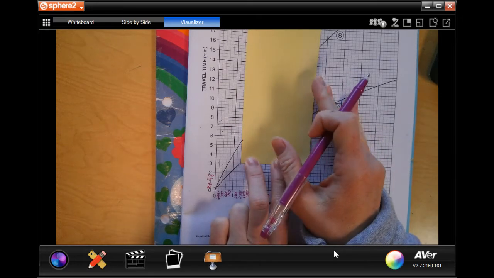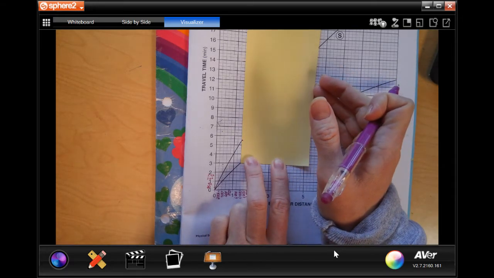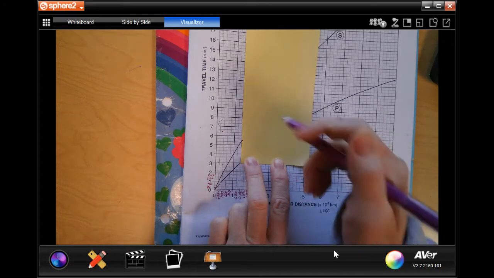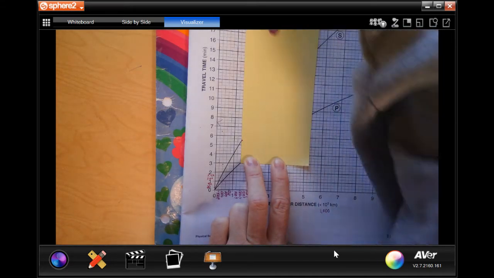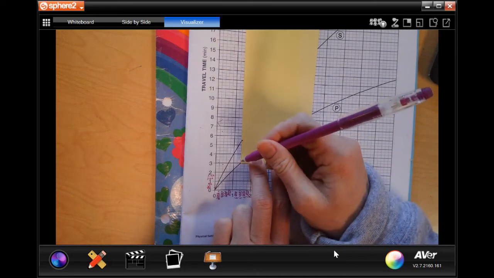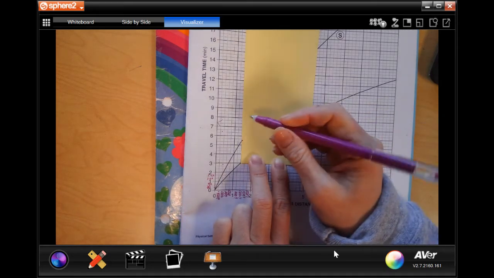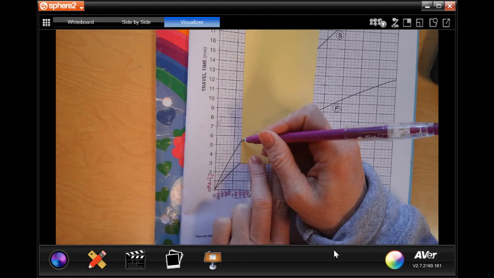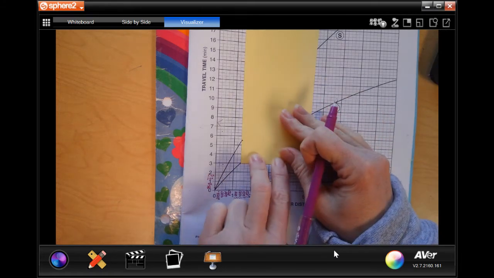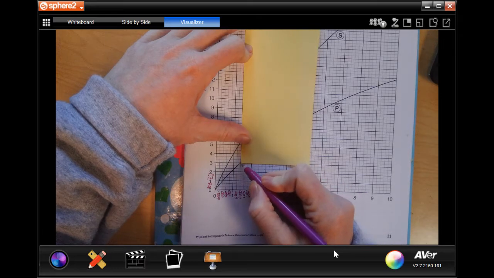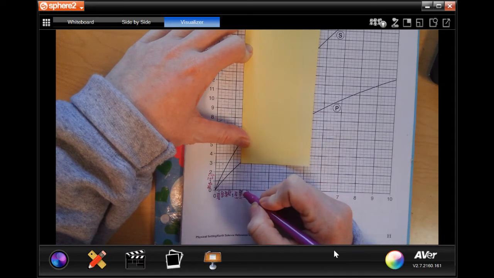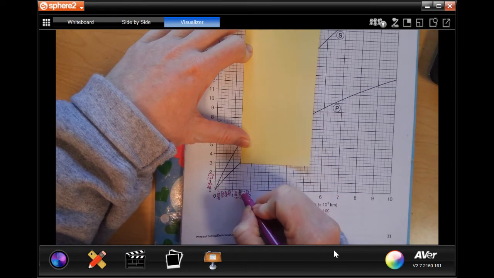Now you'll notice I'm being very intentional about keeping my paper vertical. You can use these vertical lines to make sure you're doing that. But I want the edge of my paper to touch the P wave and my pen mark to touch the S wave. Once I have that, I am going to read the distance on the x-axis, and I get